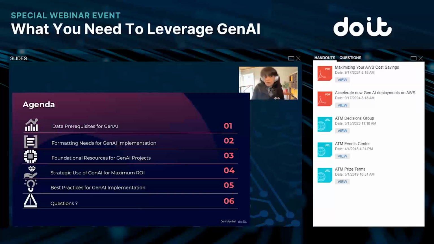Next, we'll be talking about the strategic use of GenAI for maximizing the ROI. And that's not just about maximizing the ROI, it's reducing the latency and minimizing the cost as well, and then building the high performing model. We will talk about how we can do that and what are the different strategies that you can use and the best practices for GenAI implementation. And then last, if you have any questions, which I'm sure you'll have many, we will be doing the question and answer.